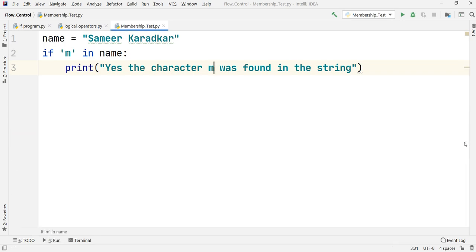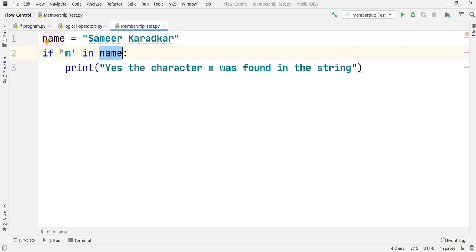Let us try to understand how this works. Here we have made use of one important operator that we are studying. It is called a membership test operator. It is one of the two membership test operators. It is the in operator. How is it used? It is used to check whether this part which we have written, M, is there inside the right hand side part.